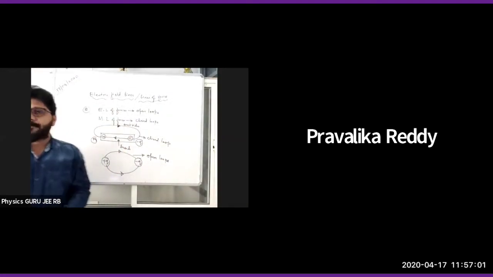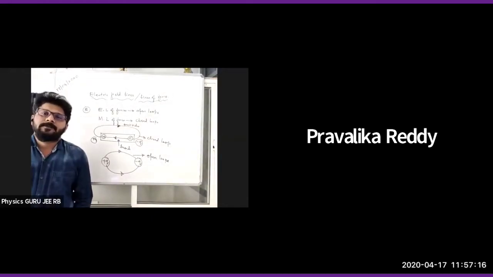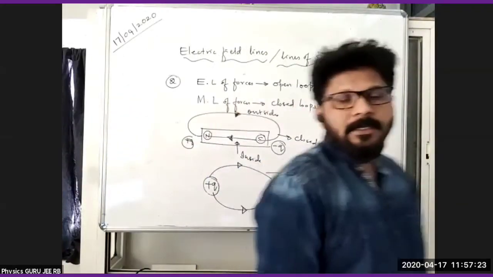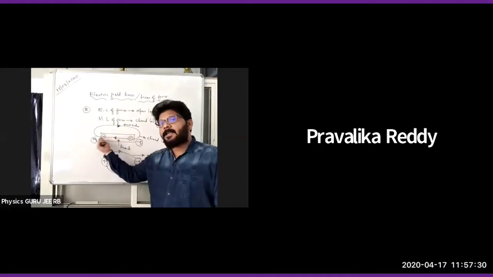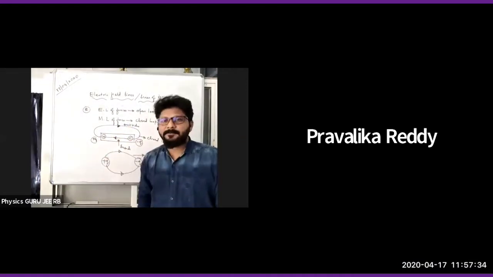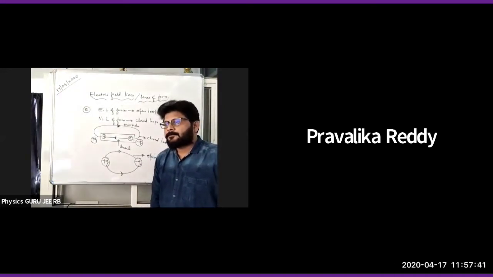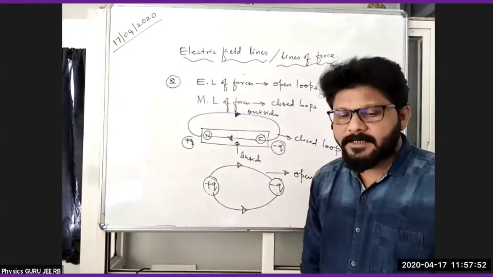Is it clear, this one? All of you clear or done? If you have any doubt, let me know. Done, clear. So you got an idea of what is a closed loop and what is an open loop. That clarity you should get. For example, magnetic lines, if I take, they should start at one point and again end at the same point. That means displacement of it is 0. Simple manner. This is two ways, this is one way. This is the second property. Is it clear?